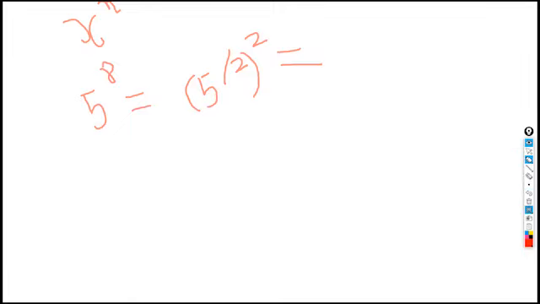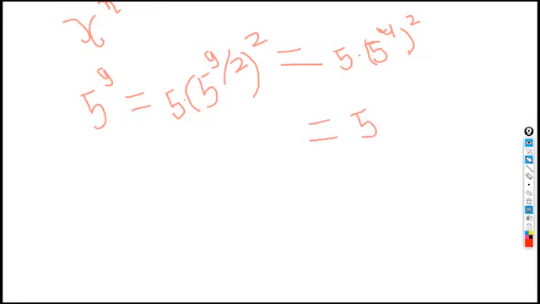So let's say the power is now not 8 but 9. So what we are going to have is 5 to the power 9. This would be 5 to the power 9 by 2, and 9 by 2 is 4.5, so 5 to the power 4. If n is odd, what we can do is multiply by one 5 over here, and then do 5 to the power 9 by 2 into 2. So this would yield 5 into 5 to the power 4 squared. This would yield 5 to the power 8 into 1, which is 5 to the power 9.